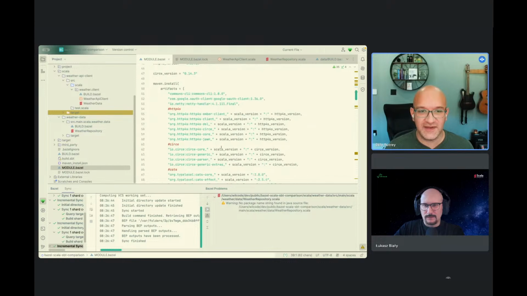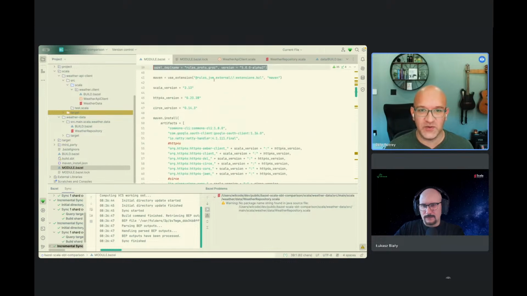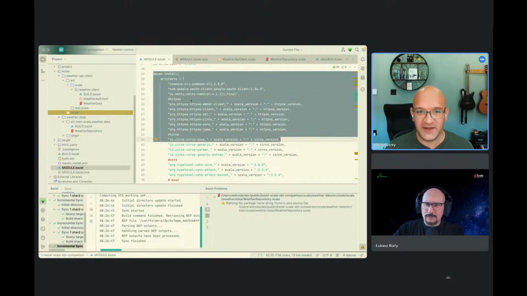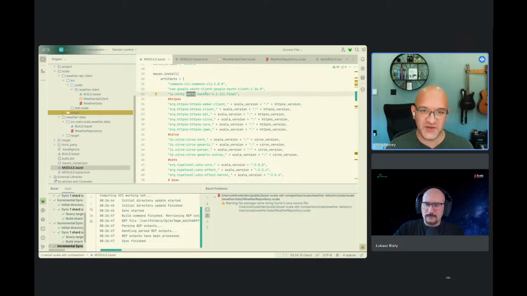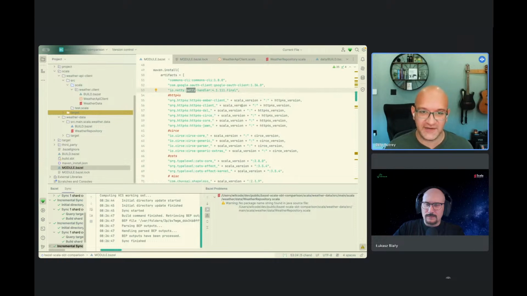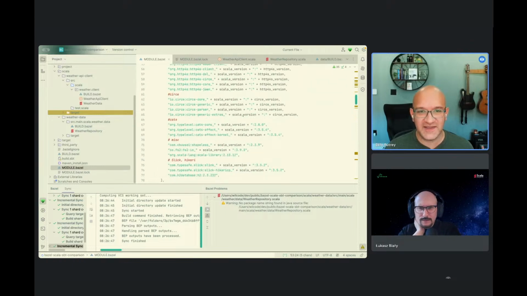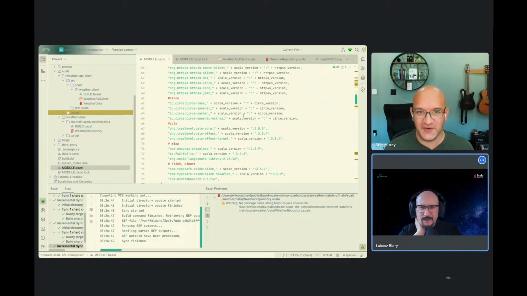Probably the most interesting thing here, though, is I'm using Rules JVM External to do Maven fetches of artifacts. This could probably be extracted out into another file, but I haven't done that. Here all I'm doing is saying, okay, this is the Maven-ish string to go and download the dependencies I actually care about. So these are all my external dependencies. You'll notice this list is pretty huge. Normally in SBT, you might only have a few things, but this list is pretty huge.